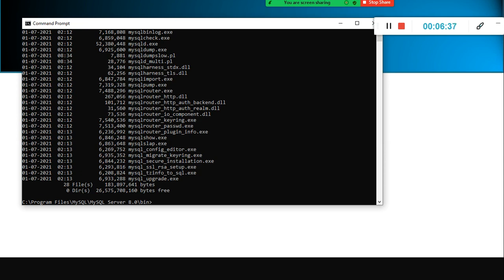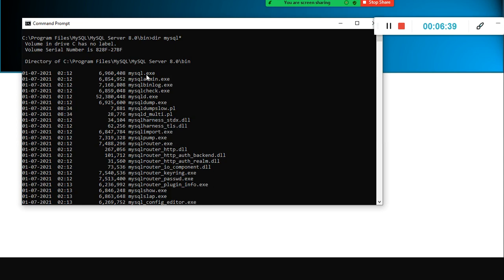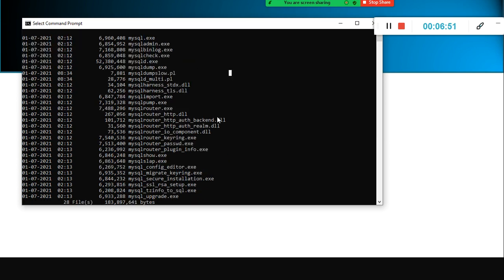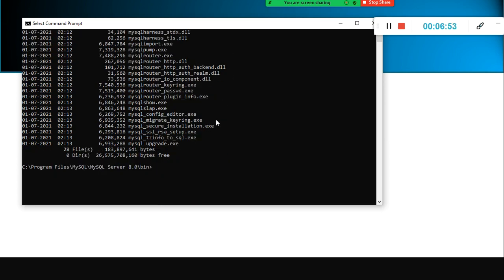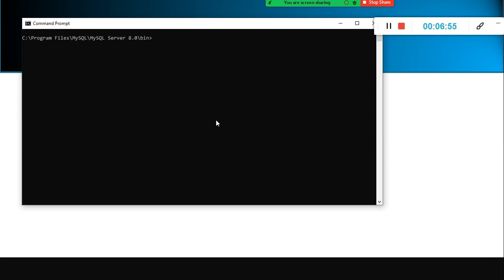You will find mysql.exe here. The bin folder usually will have all the executables. Not only in Windows, even in Linux, you will find all the executable files under the binary bin folder. In real-time scenarios, we will be working in Linux only, but still, not much difference. Don't worry.